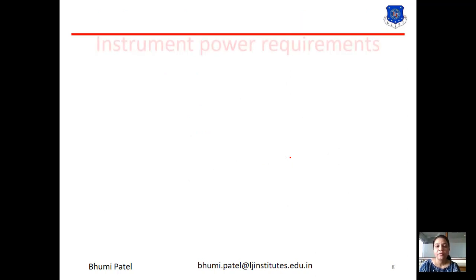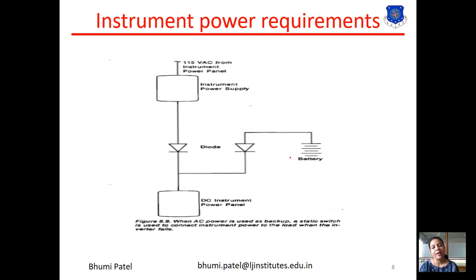Now the fourth one is if the power requirement is AC power, when the AC power is used for the system. So here we can use the DC instrument power panel, and here is the 115 volt AC from the instrument power panel. Between these we can connect the diode and the battery system. So when the main power system requires the AC line, then we can use this type of diagram, and